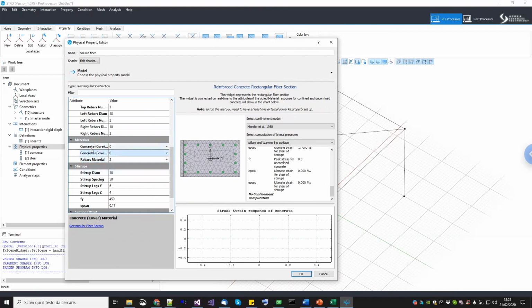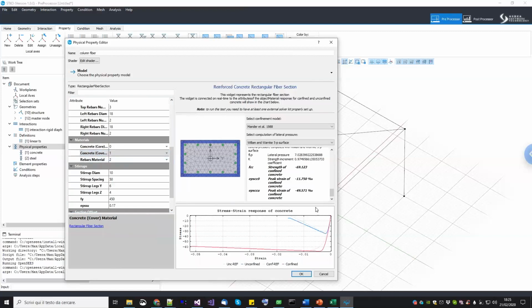And then you can choose the concrete material for both the cover and the core. Now let's see what happens if I only choose the concrete for the cover. Click here, and then you see something here that happened. I didn't choose any material for the core, only for the cover. So STKO understands that you define an unconfined material model, but you want STKO to automatically compute the confined material